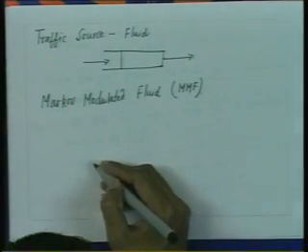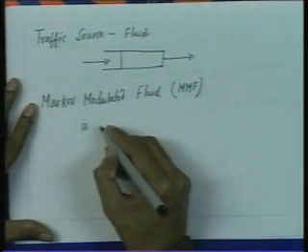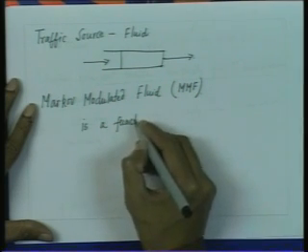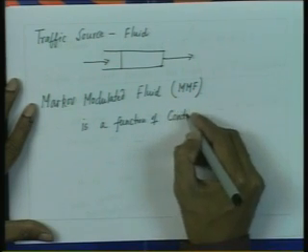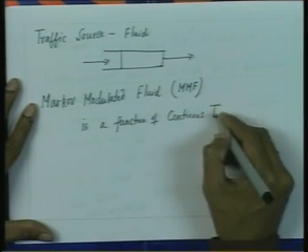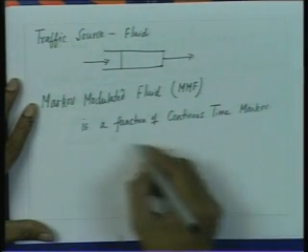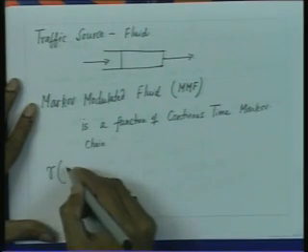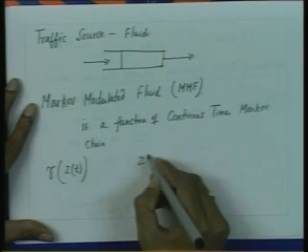A Markov modulated fluid is where the rate is a function of a continuous time Markov chain. So we have this rate R, which is a function of Zt,